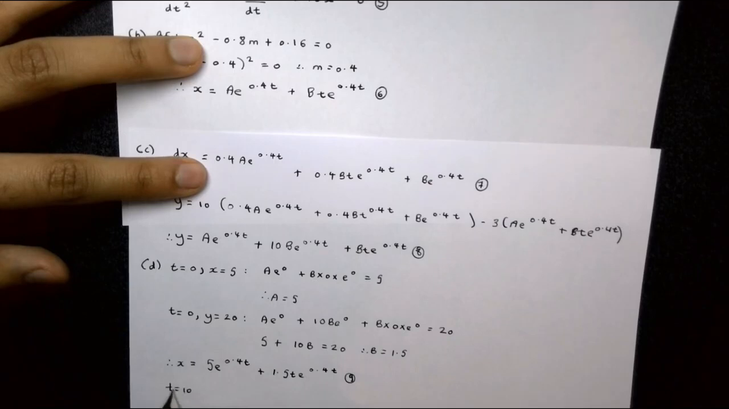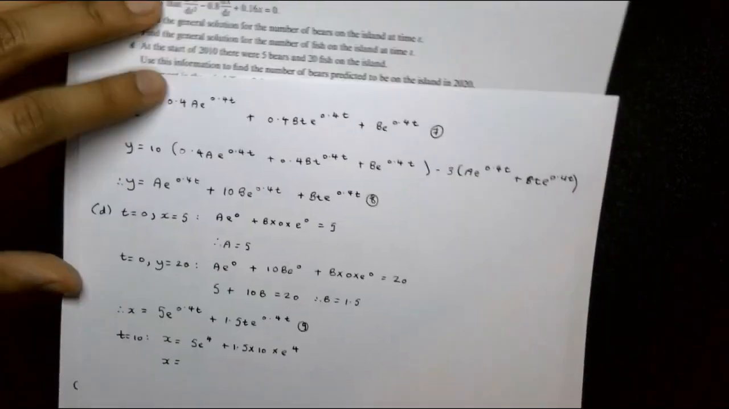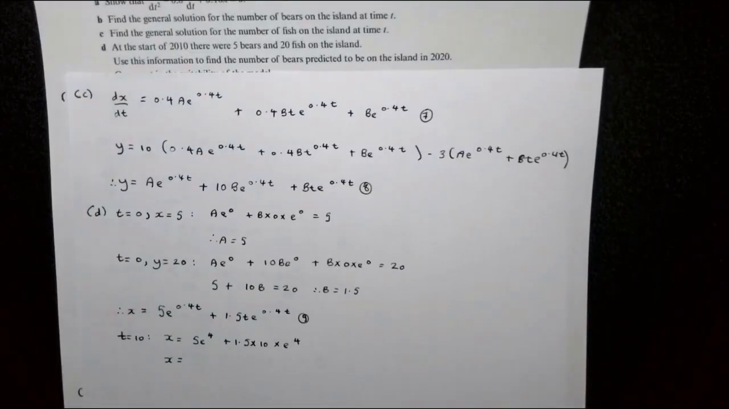So when t equals 10, we've got x equaling 5e to the power of 4 plus 1.5 times 10 times e to the 4. So we need to work out what this is. So x is equal to, if we grab our calculator to do this,